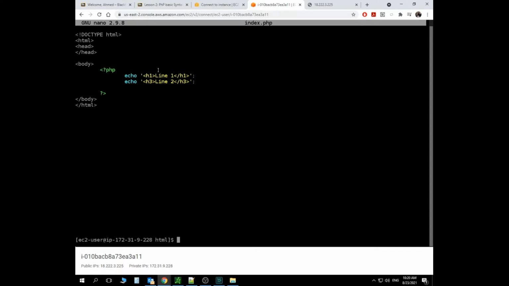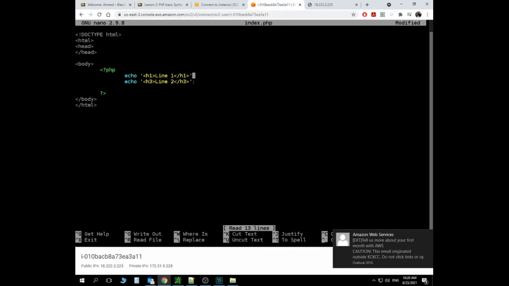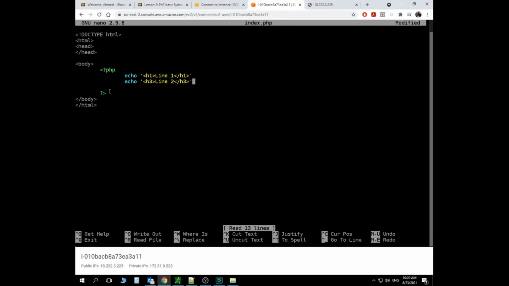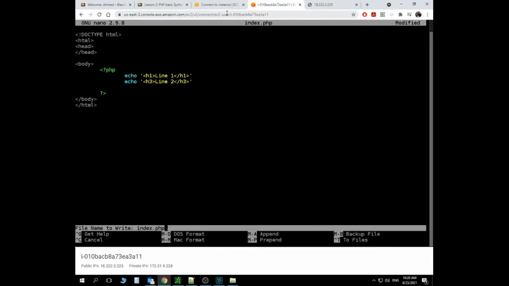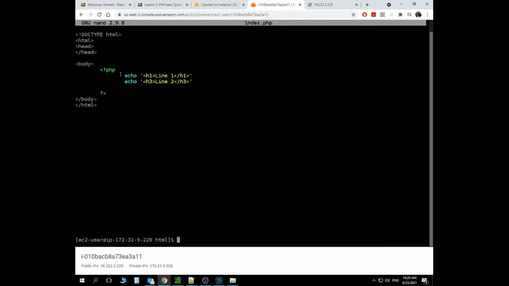Let me just go ahead and take away those semicolons to show you what's going to happen if we do that. So I took away those semicolons. Now let's Control X, save it, press Enter. Now let's refresh the page, and look what just happened. There's a problem again. There was an error, and it's called HTTP error 500. That's the code of that error. So you can see how important it is to tell the compiler about the beginning and the end